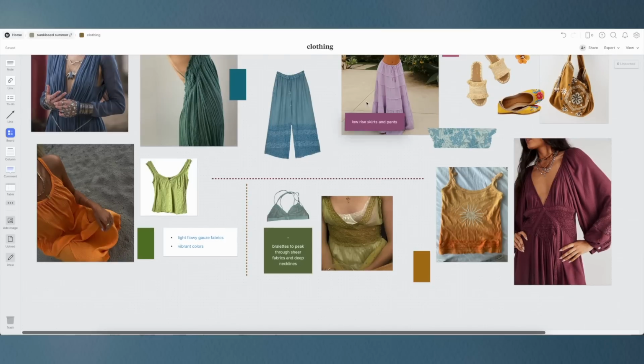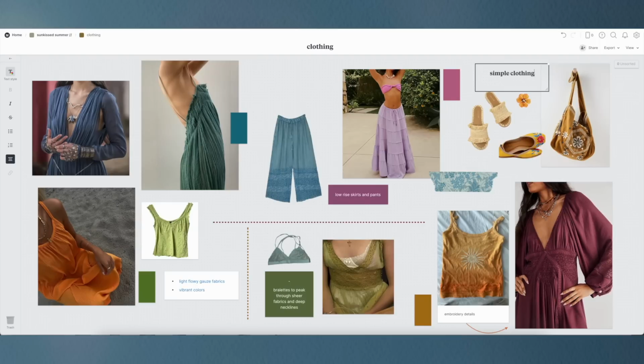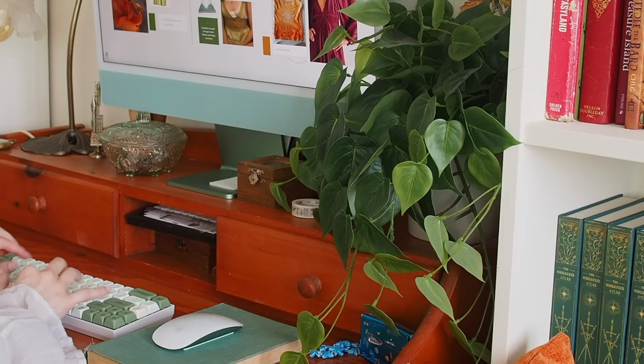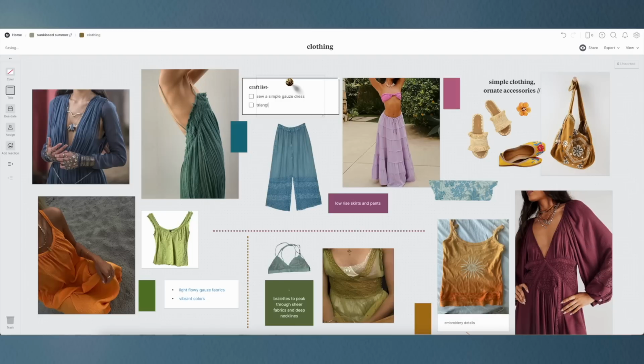Low rise for skirts and pants, lots of embroidery details, and for this style it works really nicely if the clothing pieces are more simple, solid colors, no patterns, and then the accessories can be more ornate and loud. So I'm adding my little checklist here, and I am going to craft a dress as well as a bralette